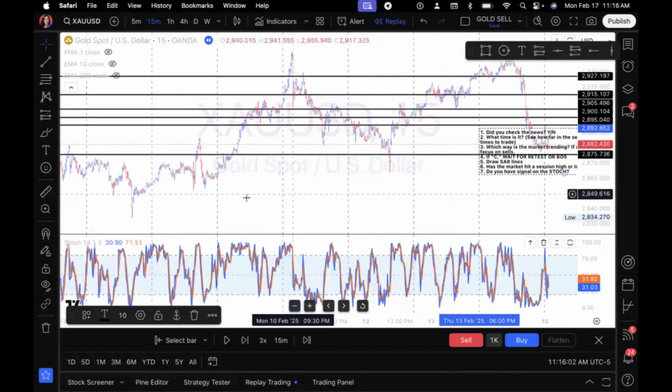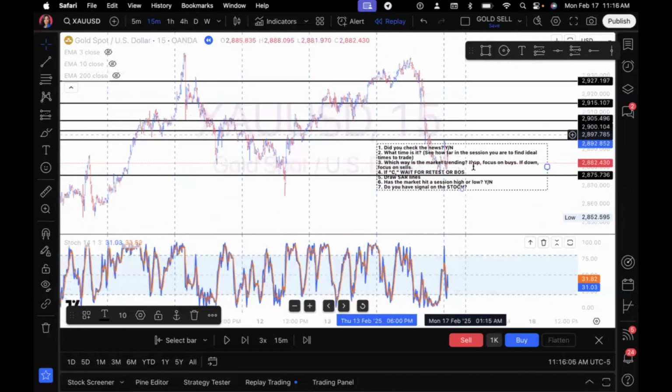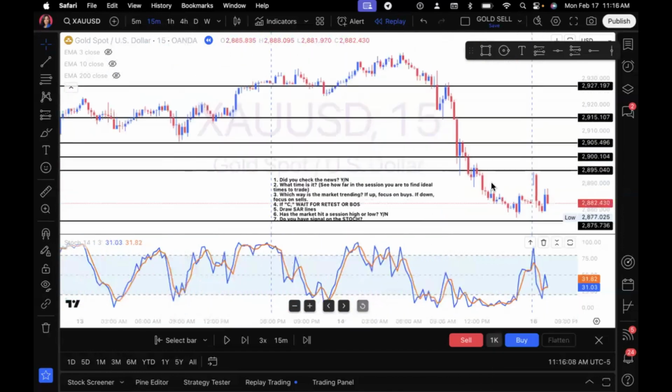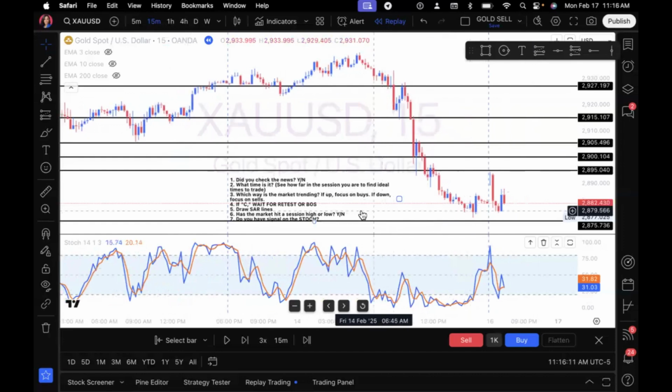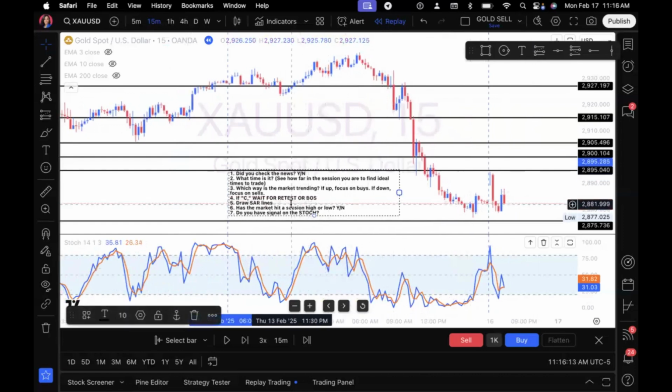So we can see that overall, this market had been trending up for some time, and it looked like it was coming down for a potential retest, and that's what I was looking for. If the market is consolidating, you would want to wait for a break of structure or a retest. I see that it already came down to my retest level. So now I will be looking for a break of structure above a previous high. So maybe like right here, since we are looking at this chart on the 15-minute time frame.